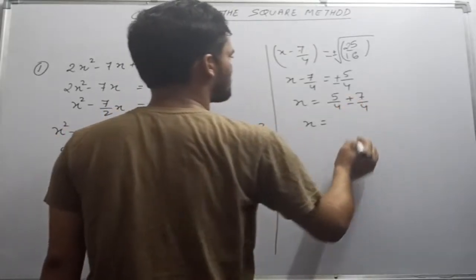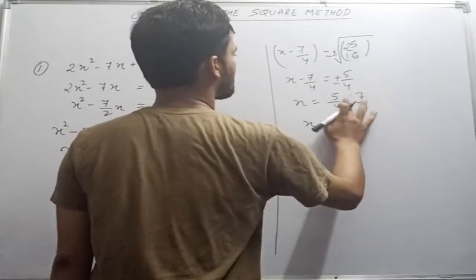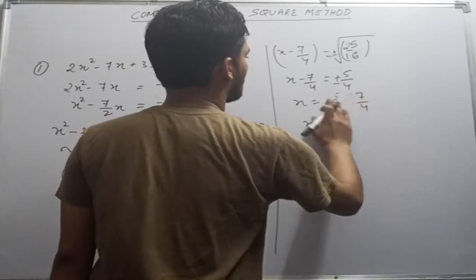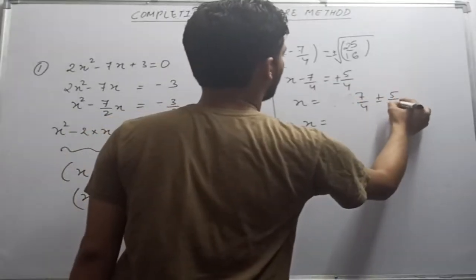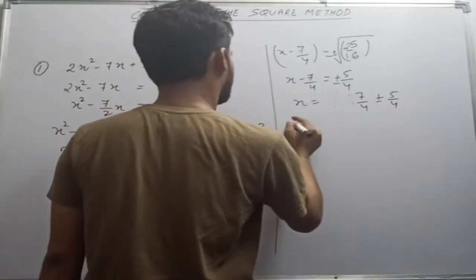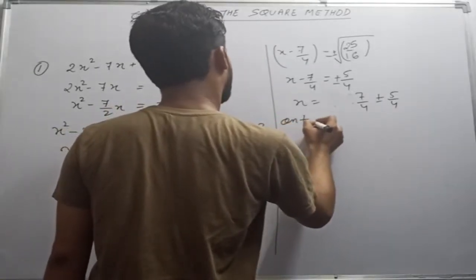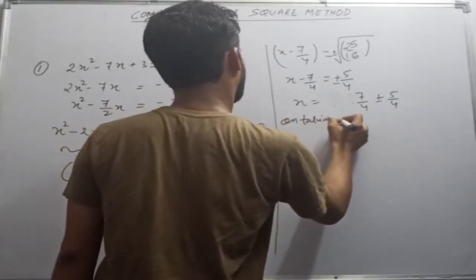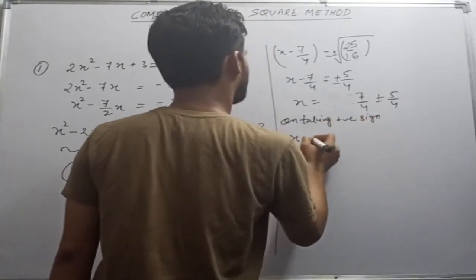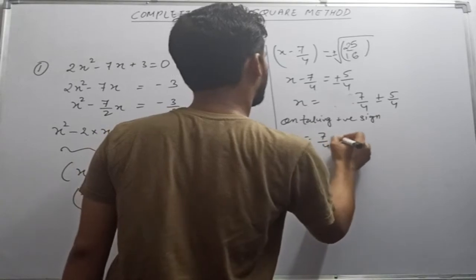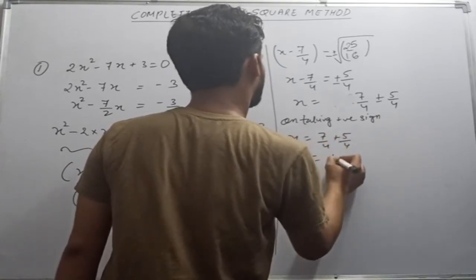So x minus 7 by 4 is plus minus 5 by 4. On taking the positive sign, x is equal to 7 by 4 plus 5 by 4, which is 12 by 4,